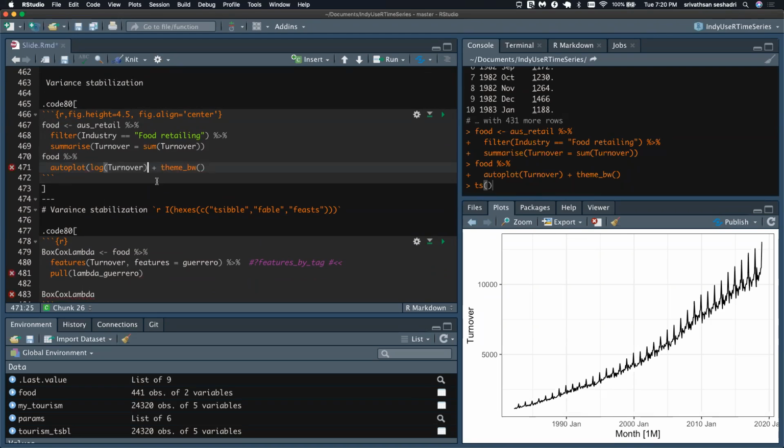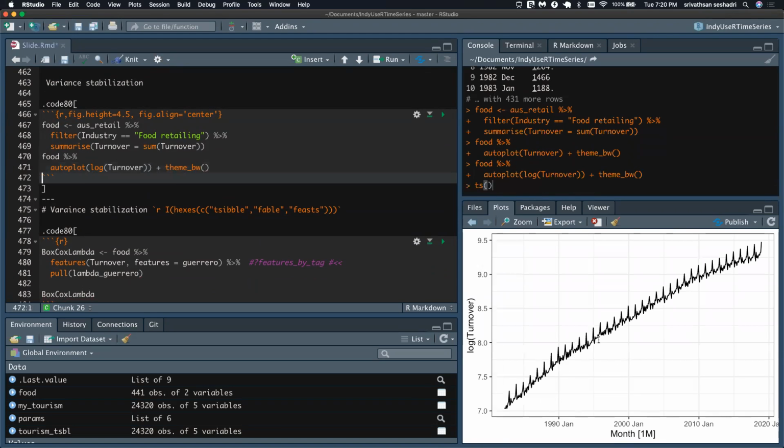If you notice, it stabilizes the variance by just simply taking the log. Now your model performance will be a lot better. In some cases, you might have to do a Box-Cox transformation. That's where your feasts package comes really handy.